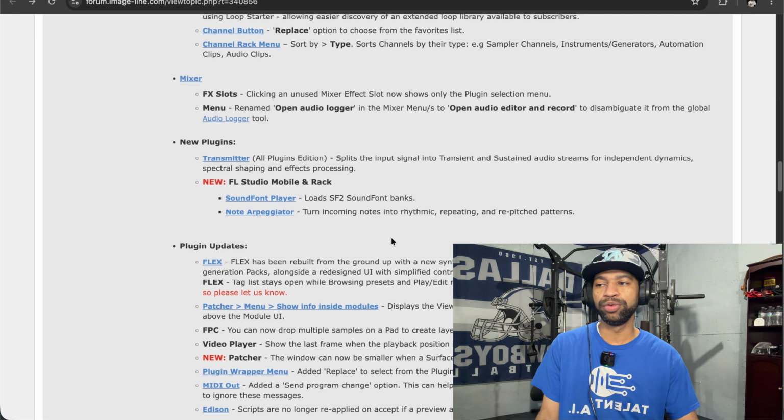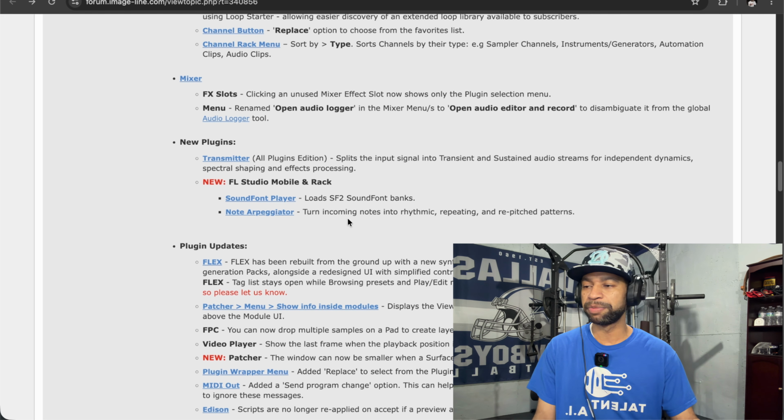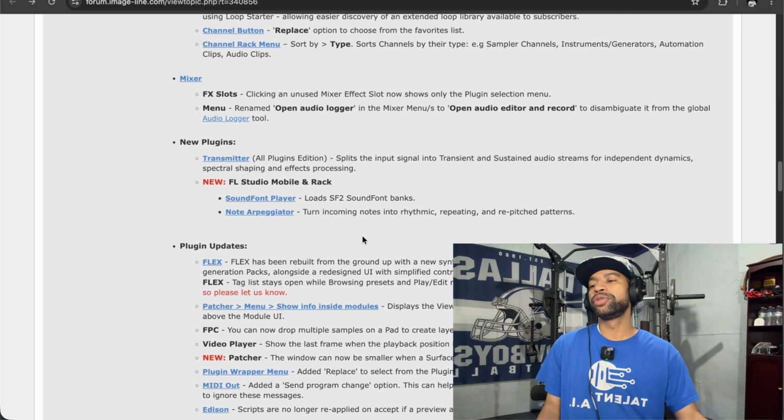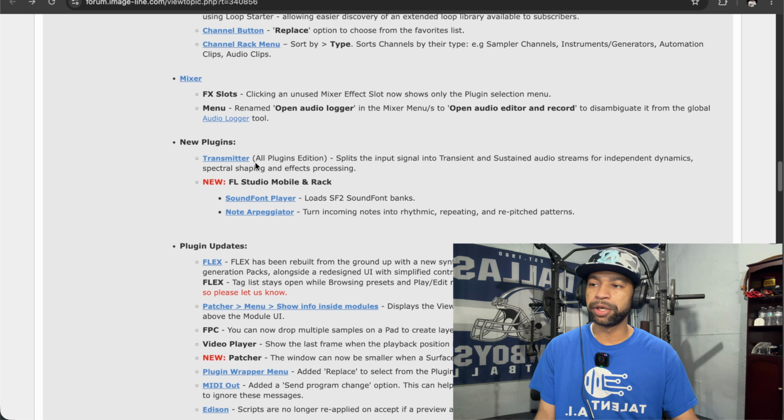I haven't gotten too deep into this. I just got an email about this maybe 20 minutes ago. I opened it up and checked it out, downloaded it and everything. So there's a new plugin called Transmitter. This plugin right here, it splits the input signal into transient and sustained audio streams for independent dynamics, spectral shaping, and effects processing. So we'll go through that here in a second, but they've updated Flex, and I want to